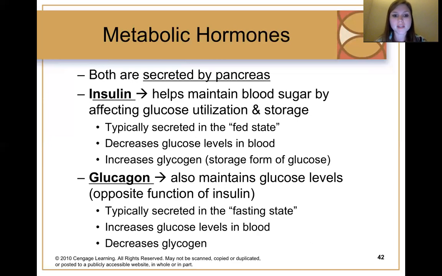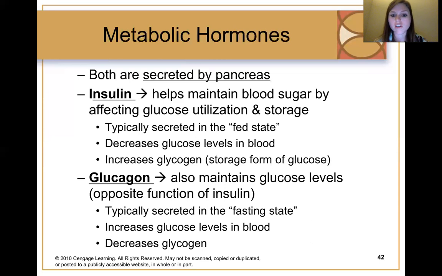So how does this happen? Insulin actually affects glucose utilization and storage. Insulin is typically secreted in what we call the fed state. That would be as you're eating a meal, right after you ate a meal, you've been fed. And so insulin will actually cause glucose to be used